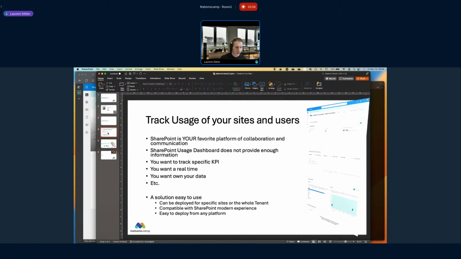That means all the sites in your Microsoft SharePoint environment. The solution is compatible with the SharePoint modern experience and the legacy one. Not the same package, because I have two different packages to do the same thing, but the main idea is the same. And it's quite easy to deploy from any platform, because you have different kinds of packages and a script to be able to deploy it directly.